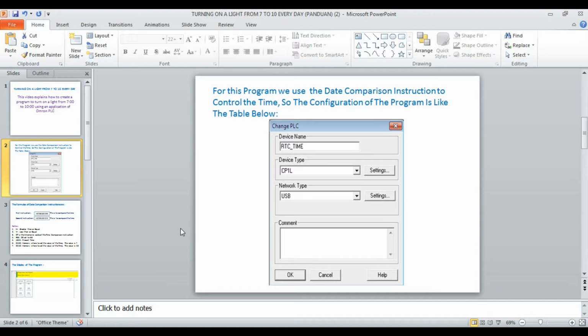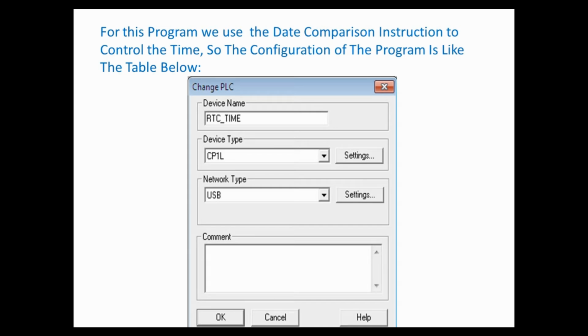For the program that I am going to create, I use the date comparison instruction to control the time. So the configuration of the program is like the table below. Device name: RTC time, and the device type CP1L, and network type is USB.